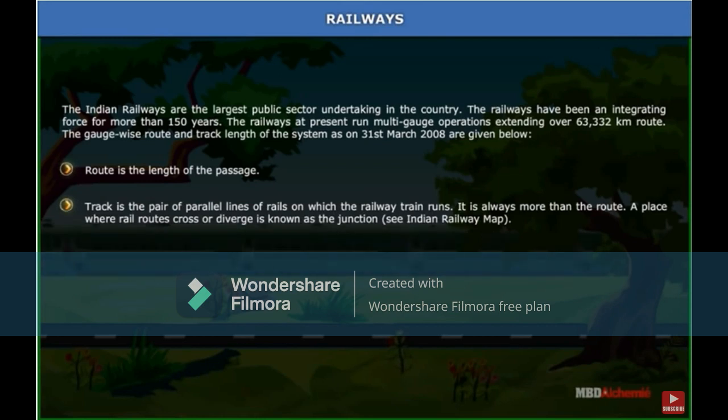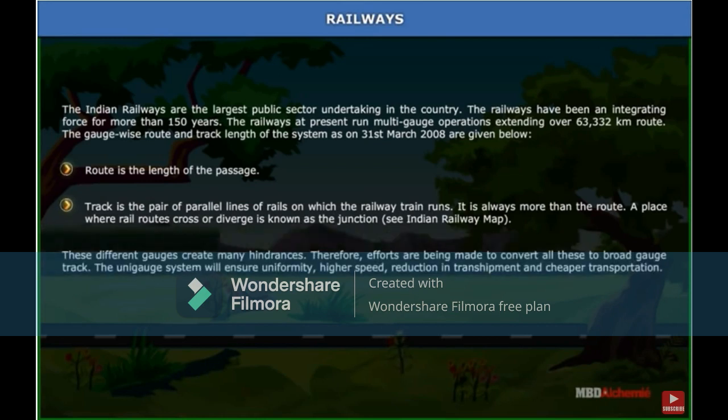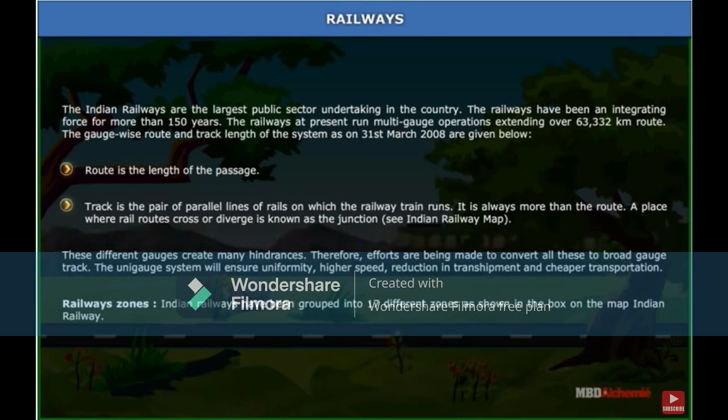See Indian Railway map. These different gauges create many hindrances. Therefore, efforts are being made to convert all these to broad gauge track. The uni-gauge system will ensure uniformity, higher speed, reduction in transshipment and cheaper transportation. Railway zones. Indian Railways have been grouped into 17 different zones as shown in the box on the map of